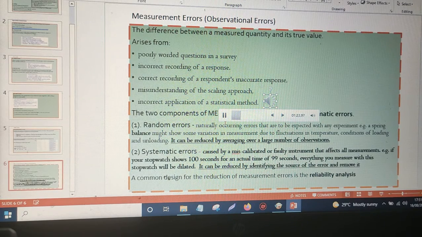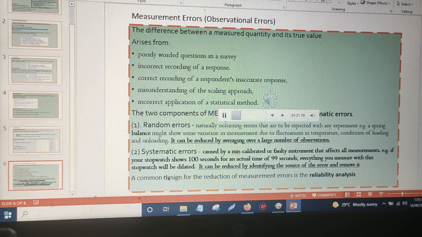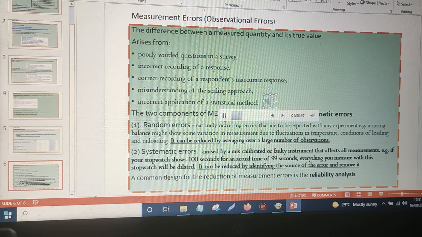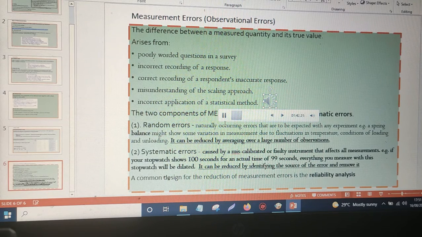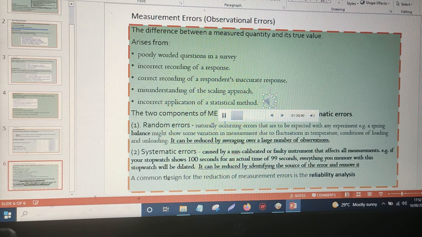And why the respondent responds inaccurately may be part of the one above, which is a poorly worded question, or if your diction is not very clear, the response can be inaccurate even though you recorded accurately. Then, misunderstanding of the scaling approach. The respondents may not understand your scaling, and may scale incorrectly. It is possible. So you have to be very clear and specific about how you intend to scale your approach,